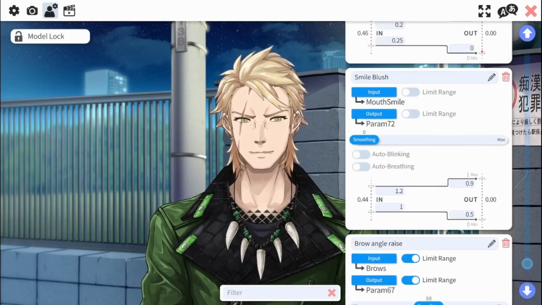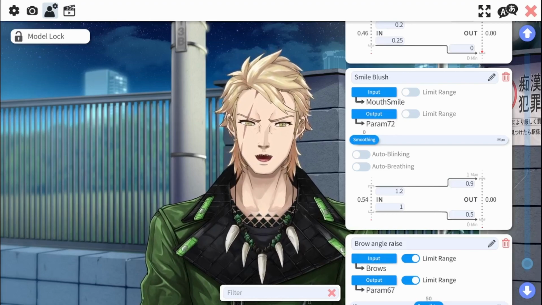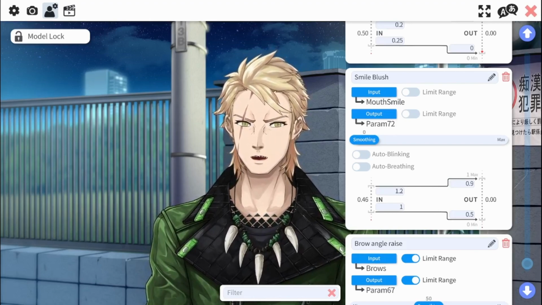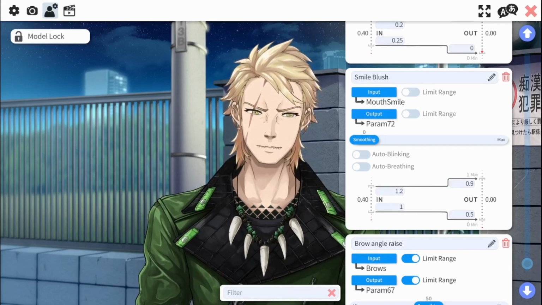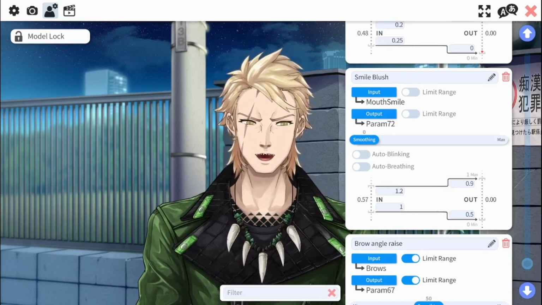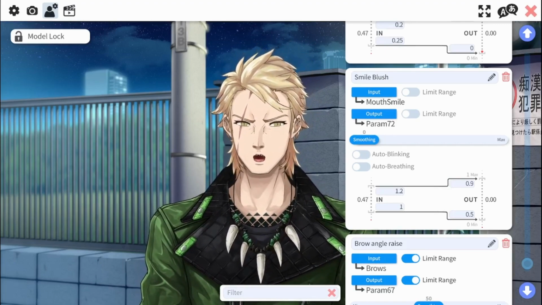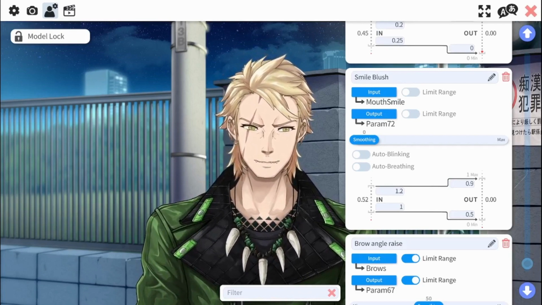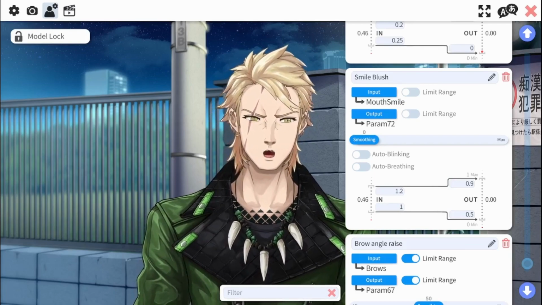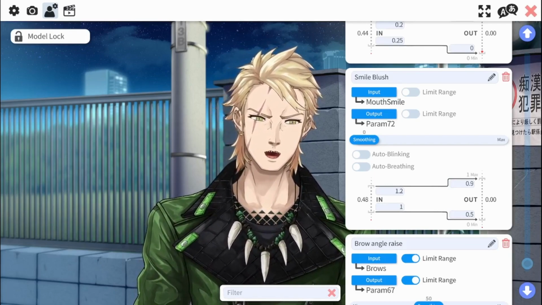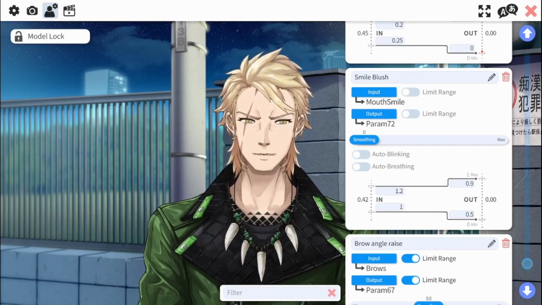Right here I have smile blush. So when I smile, I get a little blush. The output, which is parameter 72, I've modified a little bit so that it doesn't do a full-on blush. So one's the max, but I have it go to 0.9, and the minimum I have it go to 0.5. When I smile,